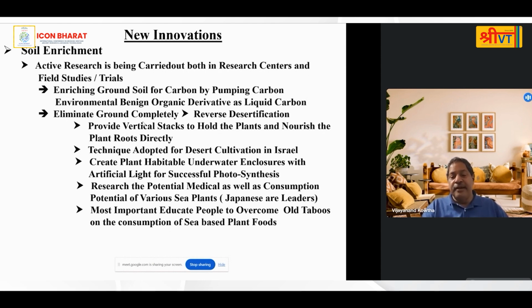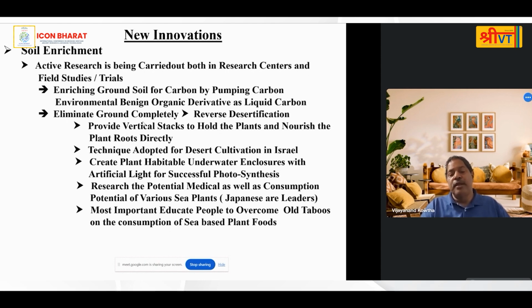Israel is the leader in desert cultivation. They have made miracles in Hanaya and all these areas that they have captured from the Golan Heights and built an amazing resource. If they can do it with these technologies for desert cultivation, we should be able to do it in others. Of course, industry on its own has provided us the way forward with small